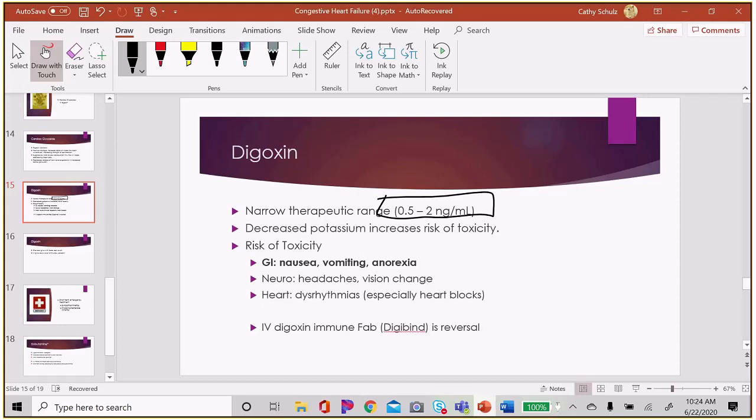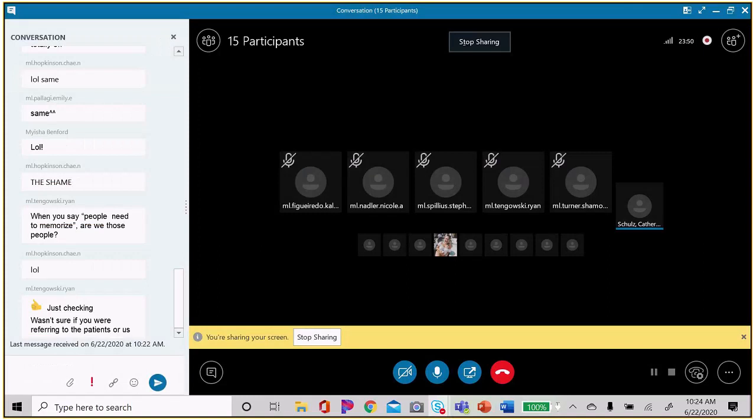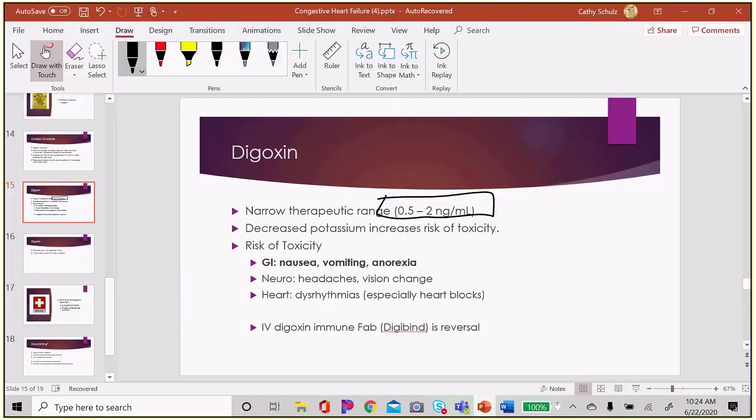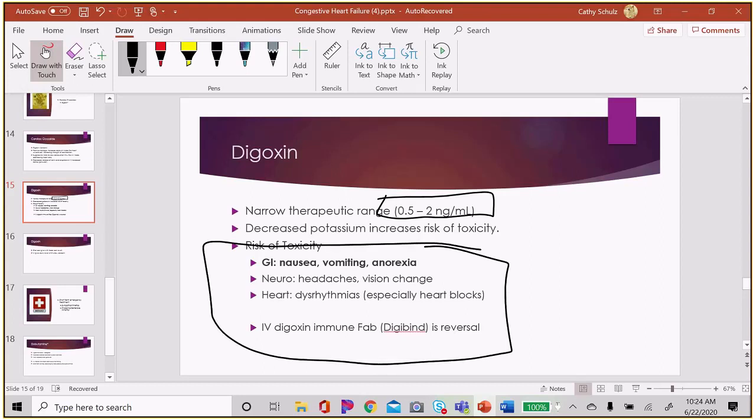So frequently, people on digoxin are also taking furosemide, which decreases potassium, so that further increases the importance of them maintaining a healthy potassium level because it could increase the risk of toxicity. So this toxicity symptoms is always on the exam, especially being sure that you note the early signs and symptoms of toxicity